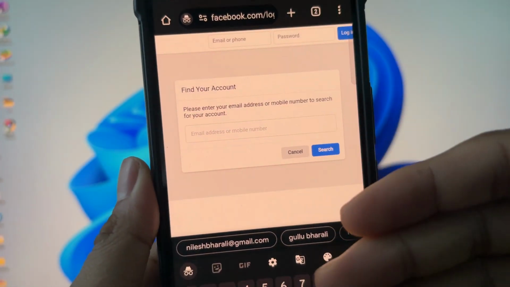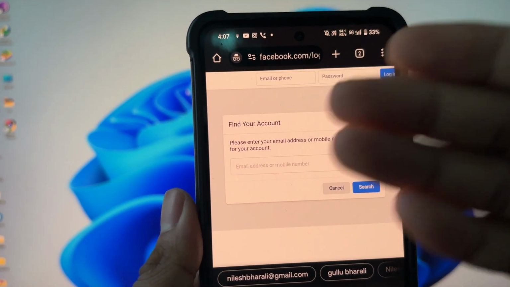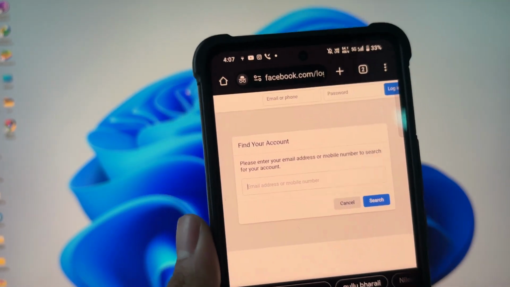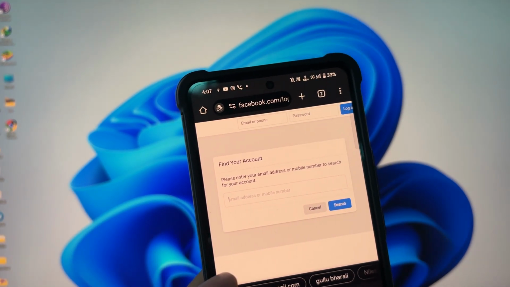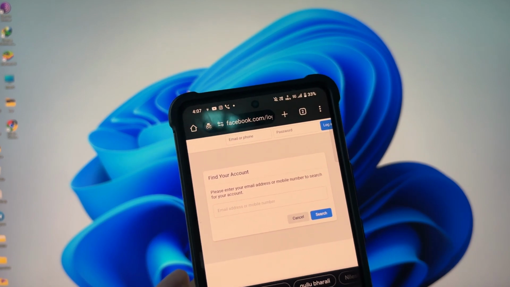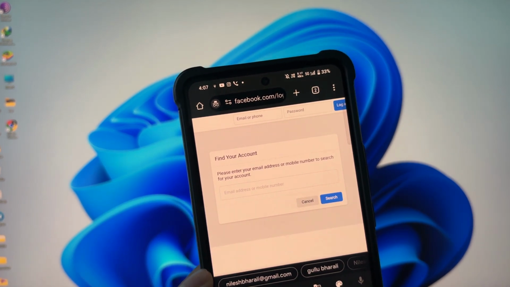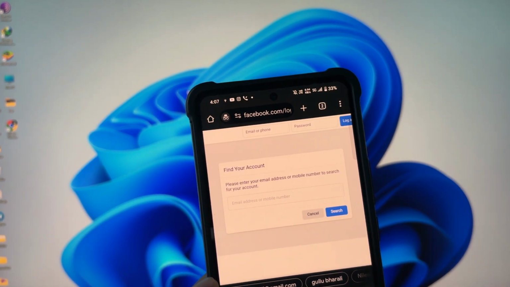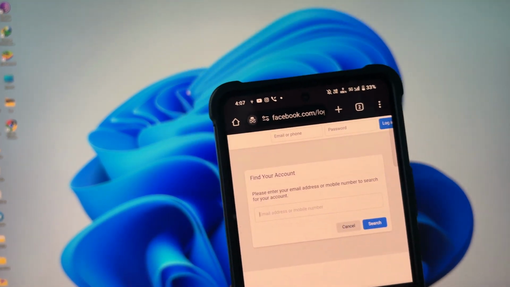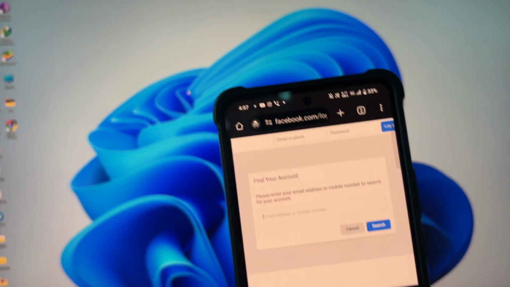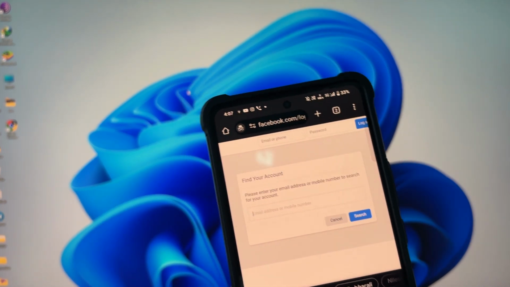Then you will be asked to choose your profile among a list of other profiles. Just choose your profile, and then Facebook will ask some verification questions. You just need to answer them, and if you successfully give the answers, you will recover your account. So yeah, that's how you recover your